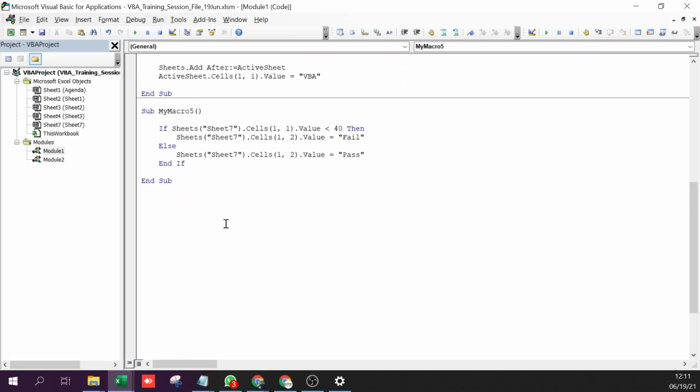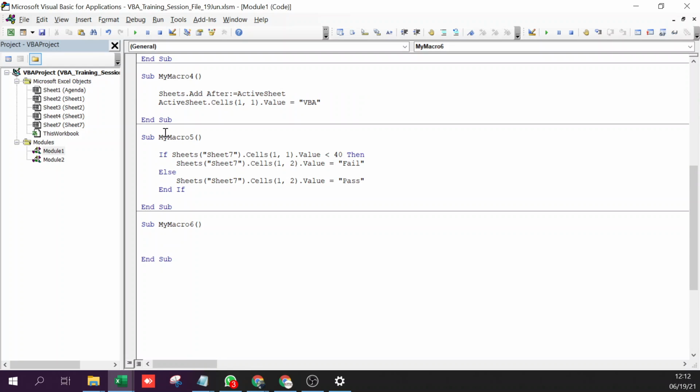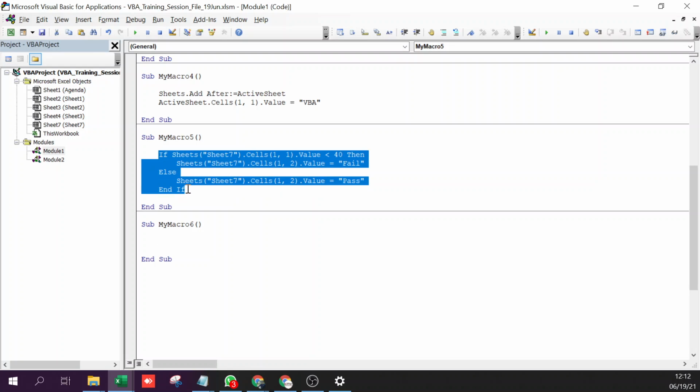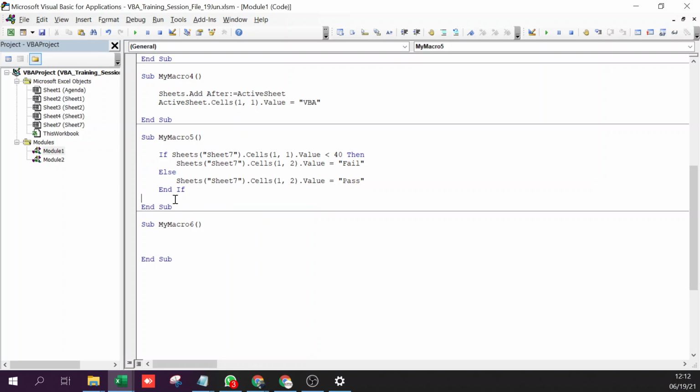Okay, so basically, talking about the concept of looping, let me write a new macro. So there is a way, and you've seen the way code runs, right, from top to bottom. So there is a way to run a few lines again and again. So you can make it run from here to here, and then again from here to here, and again from here to here for a few number of times.